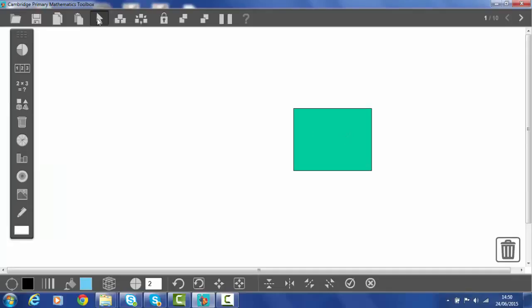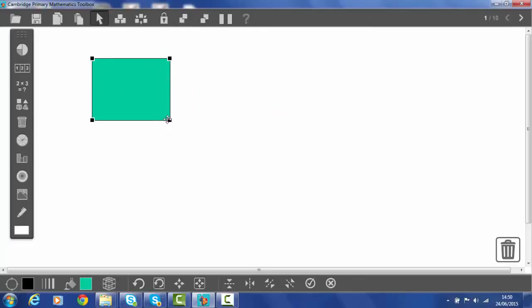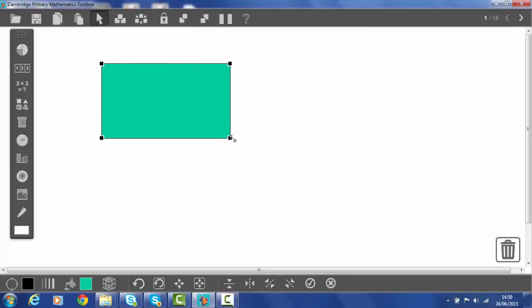So here's my rectangle. Check that I have the select tool selected so I can move it and resize it. I'm going to make it a bit longer and narrower so that it looks definitely more rectangular than square. Now, if we're talking about looking at line symmetry, I always found that the easiest way to explain it to pupils was to get a piece of paper, a rectangle like this one, and see in how many different ways we can fold it in half so that one half is exactly on top of the other half. And if we do that and make the fold lines, we should find out how many lines of symmetry it's